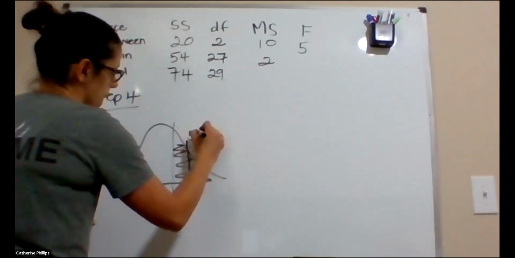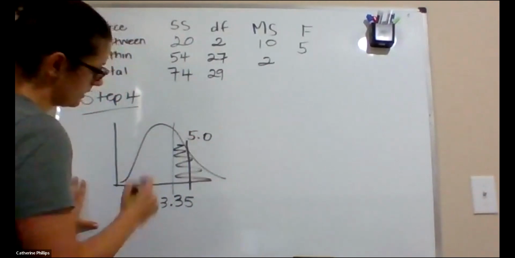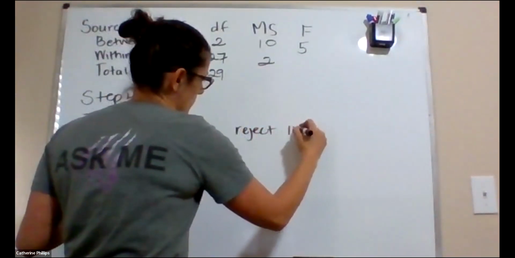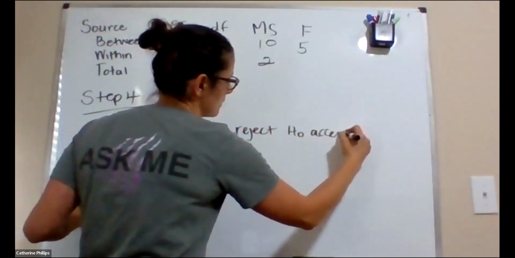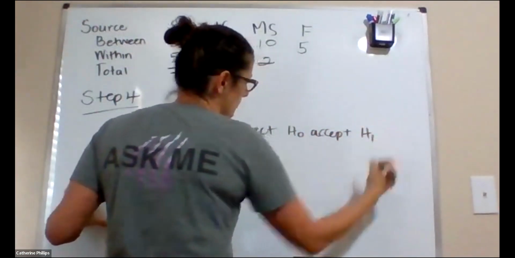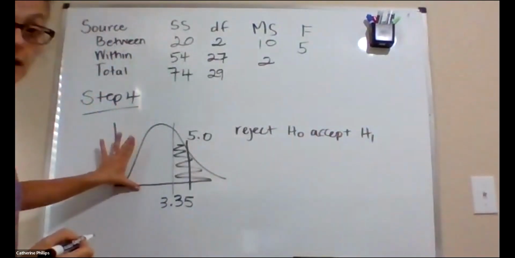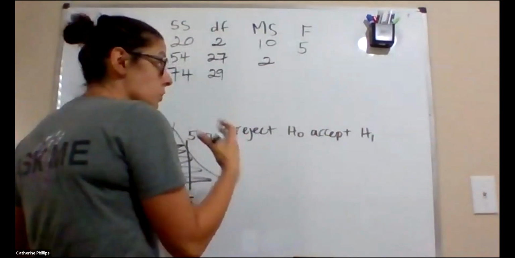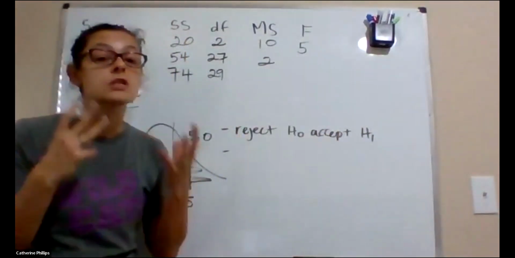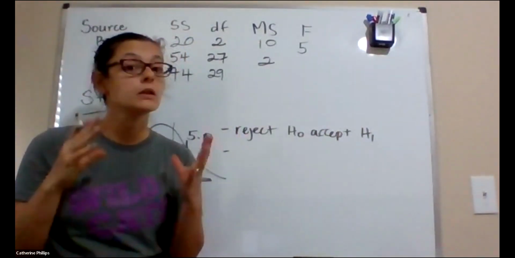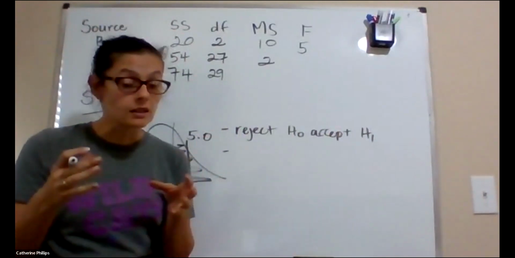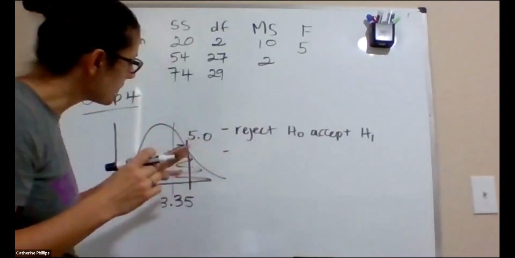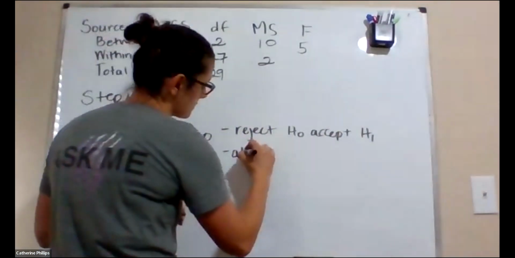Okay. So the value we calculated is out here. So we're going to reject the null and accept the alternative. This is our evidence. It's completely sufficient. And then I want you to interpret. I want you to understand what the numbers are. It's all well and good to be able to calculate the numbers, but it's useless if you don't know what they mean. This means that at least